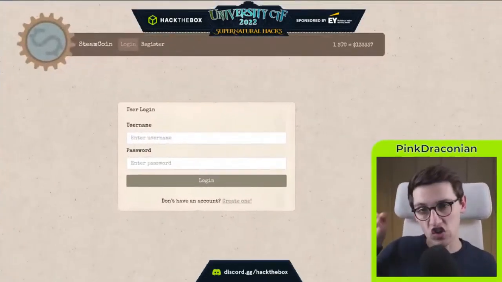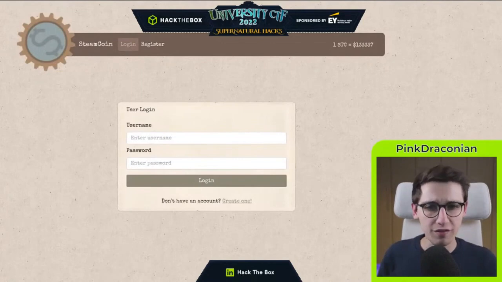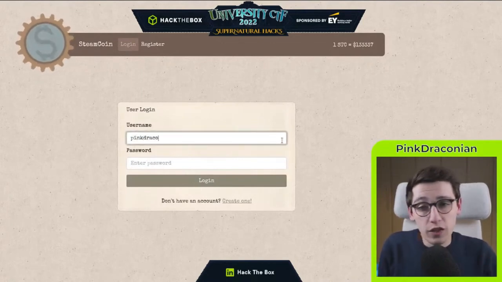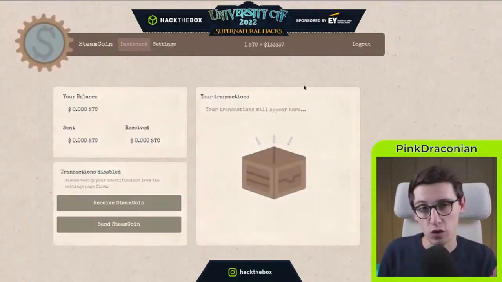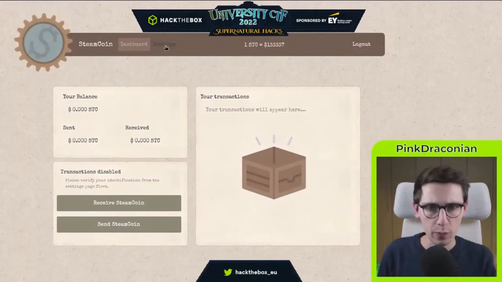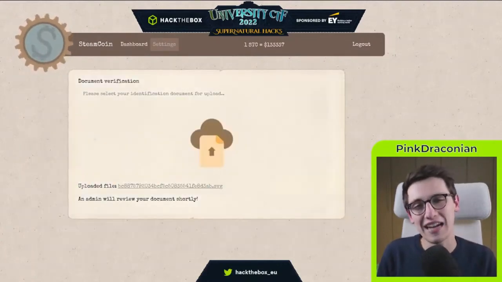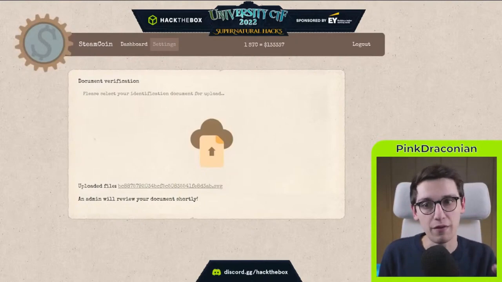Steam Coin Challenge. In this challenge, we are dealing with a cryptocurrency provider set in a steampunk kind of vibe. We can do things such as create an account, log into our account, and then manage our Steam Coin wallet. We also notice a settings page, and this page allows us to upload identification documents. As you can see, this kind of mimics a very common type of new crypto exchanges popping up left, right,